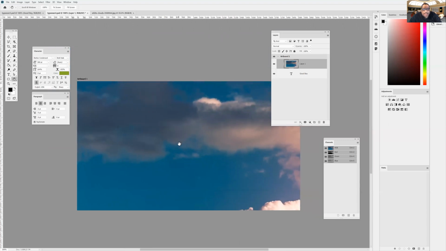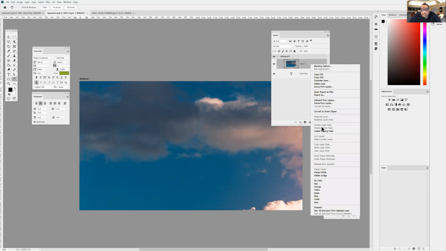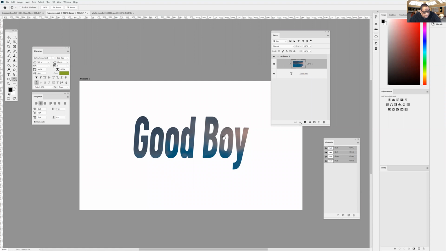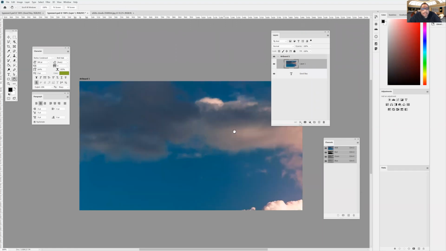the clouds inside of the text. So there's two ways to activate the clipping path. I right click and from the menu choose create clipping mask, and that traps the picture inside of the text. The other way to do it is hold on the Alt key, hover your cursor in between the two layers, and you'll get this symbol with a square and an indented arrow pointed down, and I left click, and that